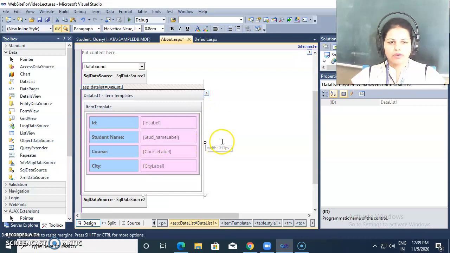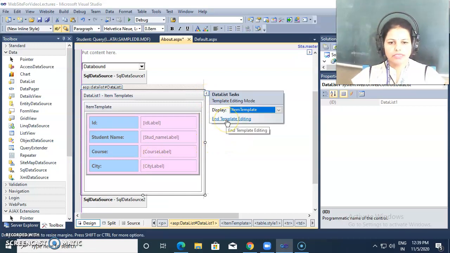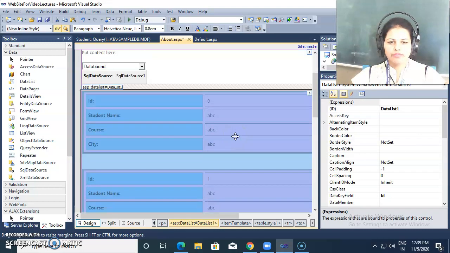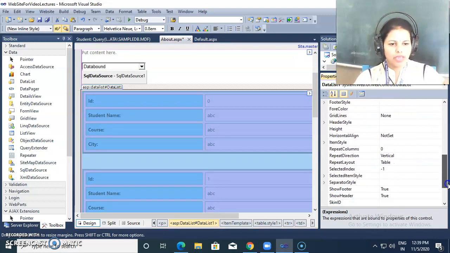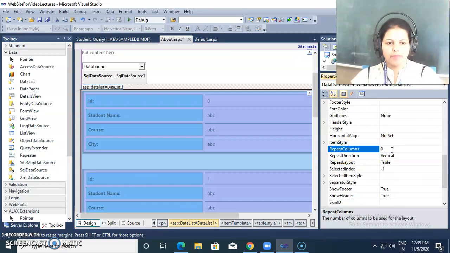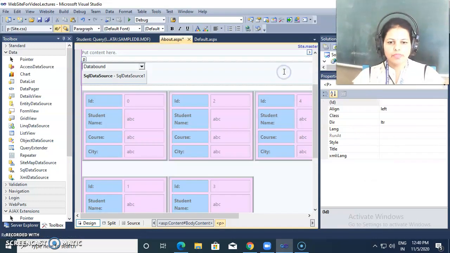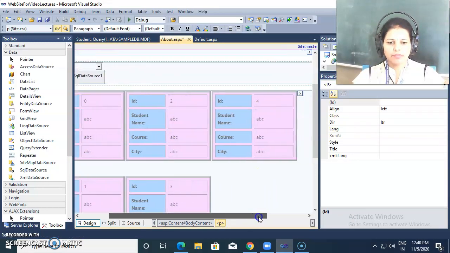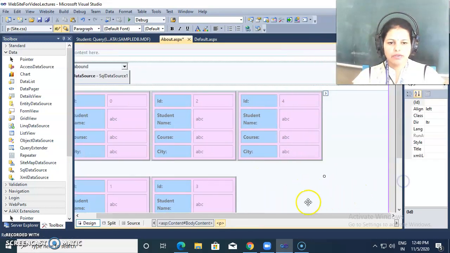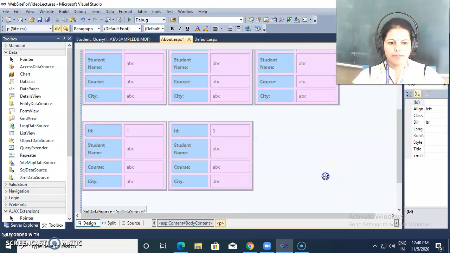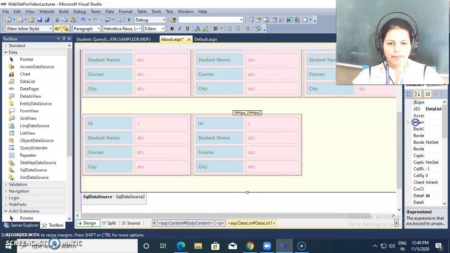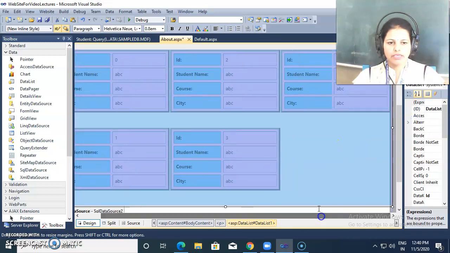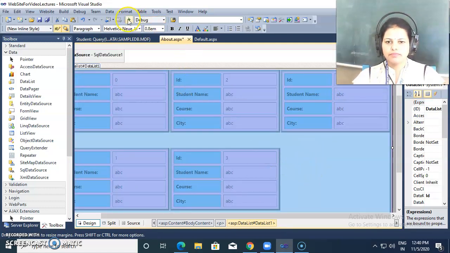Then again for this I'm ending this edit template, and if I want 3 records in one row, there is one repeat columns property, and I'm giving here 3. So at a time 3 records in one row will be displayed. If I change the width, you may see here the effect, and if I run,